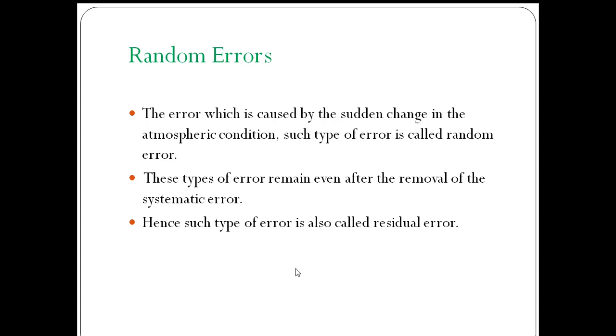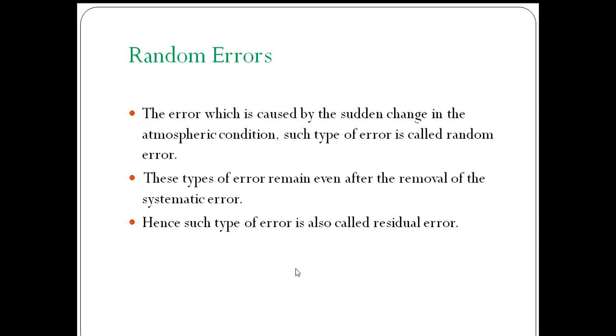These errors we cannot eliminate entirely, but they can be reduced by taking more readings. To reduce these random errors, we have to conduct the same experiment a number of times, and then take the average of the readings. Then we will calculate the measured value, so that we will remove the random errors to some extent.